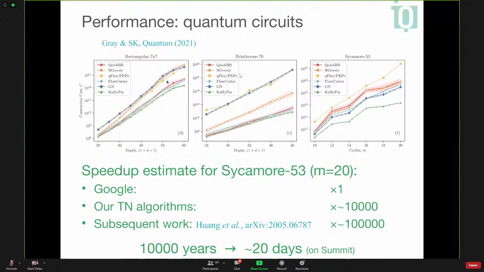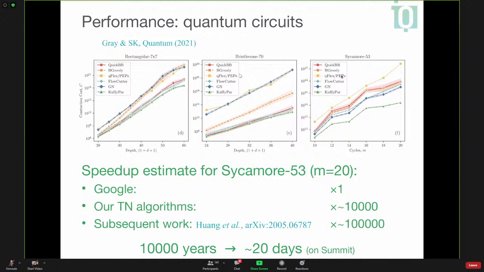And so here I took some results from our paper where we simulate the Google circuits on classical computers on a GPU. Let's look at the right plot. Here cycles means depth, meaning how many layers of gates you apply. And the y-axis is something proportional to simulation time. So the Google estimates for their supremacy claims were based on something that follows roughly the squares here on top, the top curve. Maybe a bit better actually.